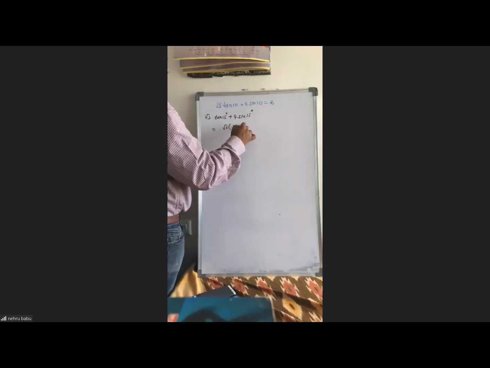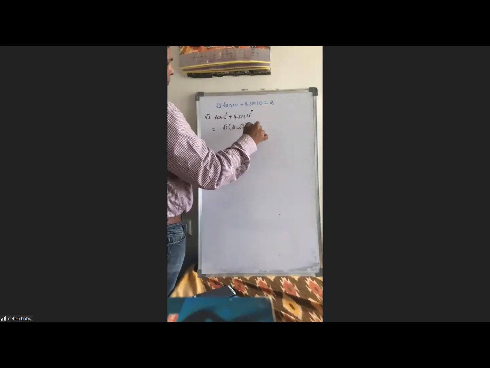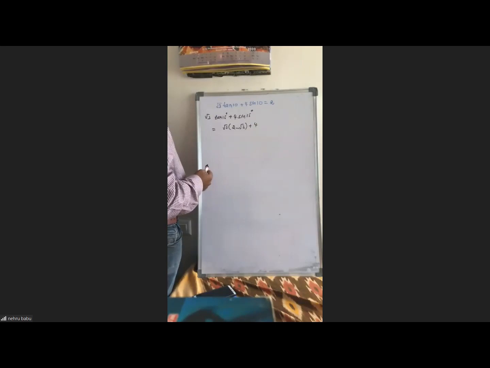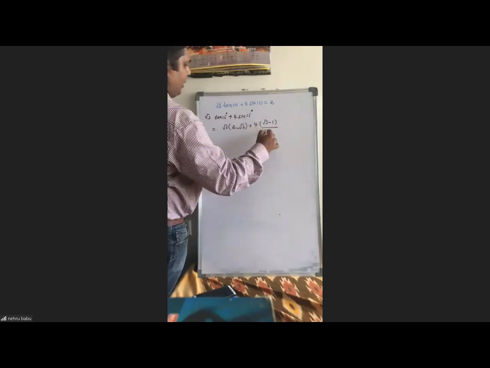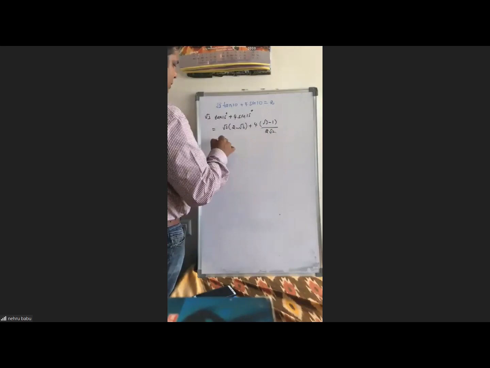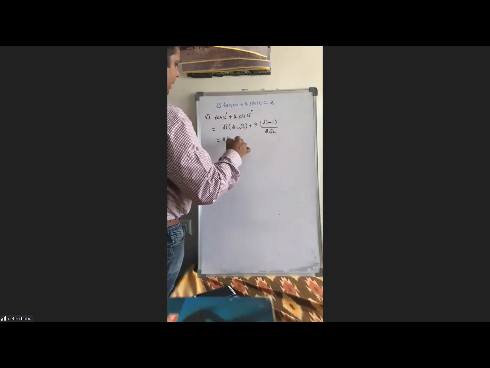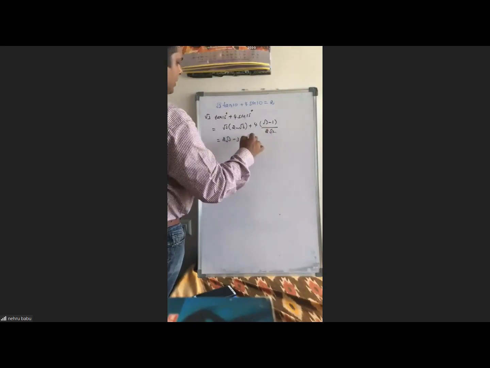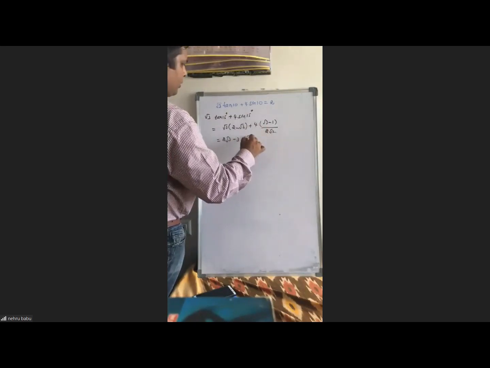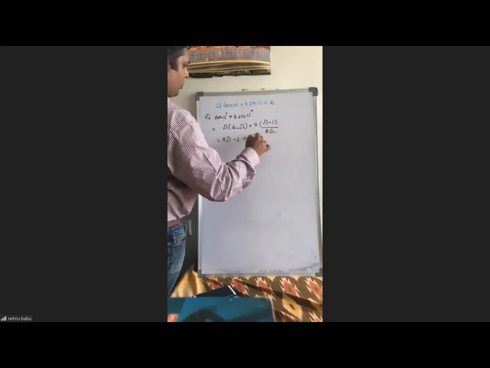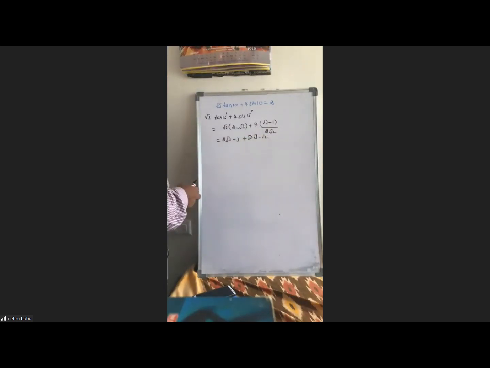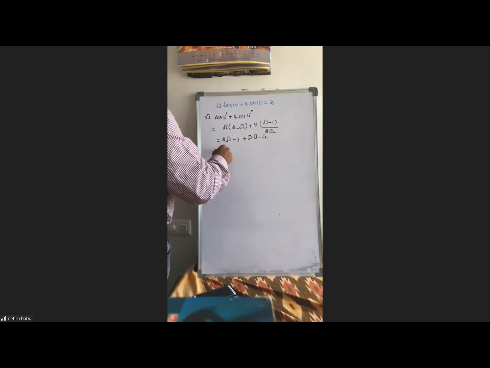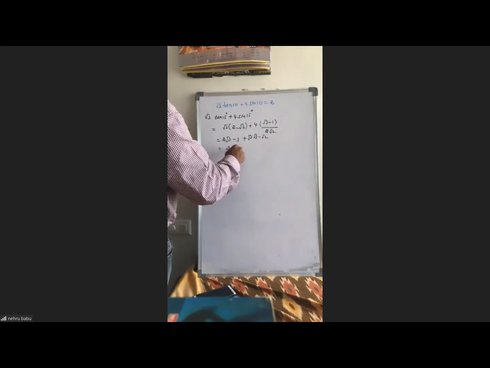So root 3 into 2 minus root 3 plus 4 into root 3 minus 1 by 2 root 3. So this is 2 root 3 minus 3 plus root 6 minus root 2. Roughly what is this value? Less than 2 is coming. Yes, sir. So roughly I'm checking 2 into 1.732